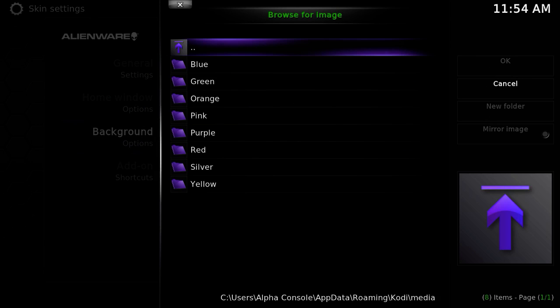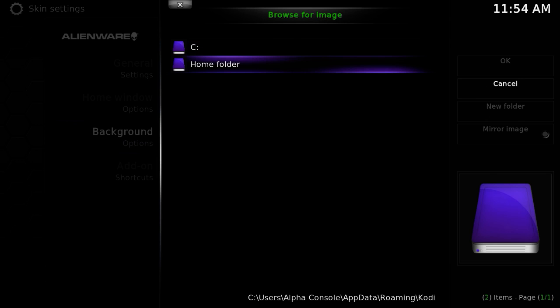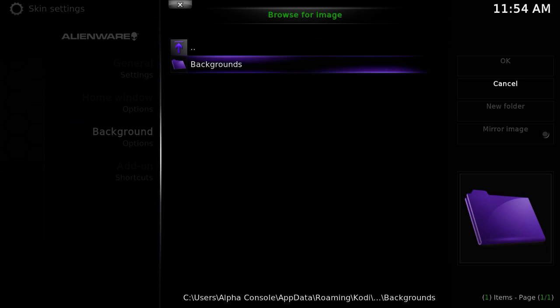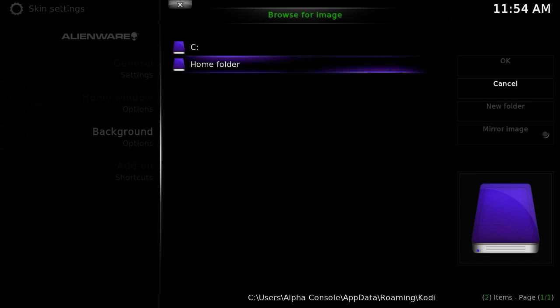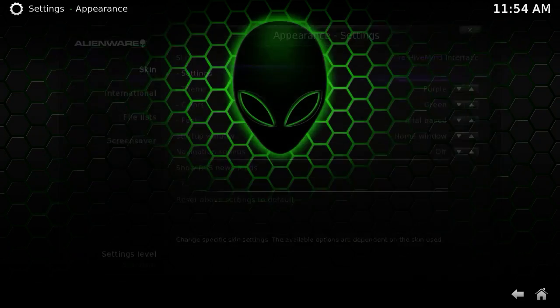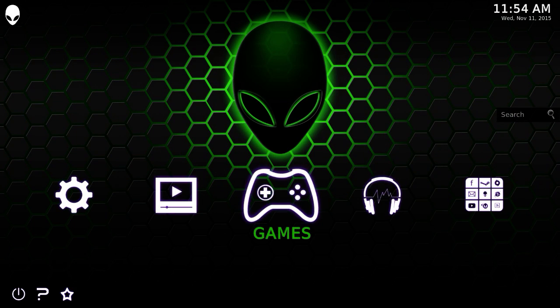And those again are located basically home folder, media, backgrounds, and then choose your color. And you can program in your own images here as well. So that's some of the basics of how you're customizing your HiveMind experience to make it more suitable to your